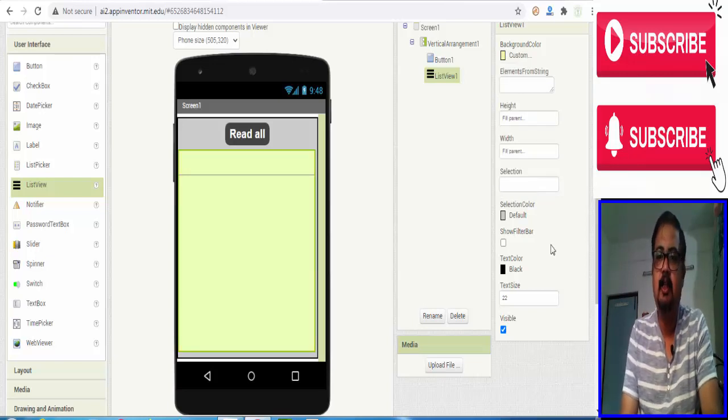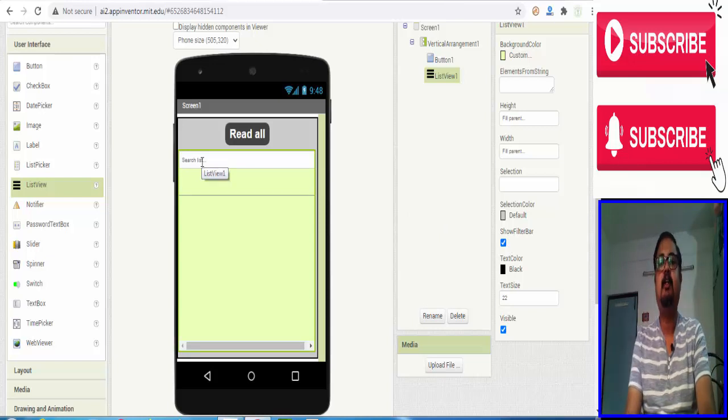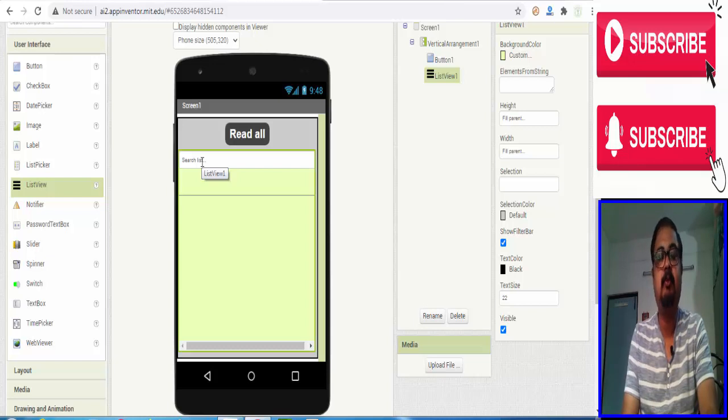Okay. Now another thing you see here, one checkbox is there, show filter bar. Click on that, so the search bar will come. If your database is too long, then this search or filter option works properly. Suppose you search 1000 rupees, then whoever got 1000 rupees, everyone's name will be shown over here. So it has a very good function. So click it, show filter bar. So now my design is almost complete.